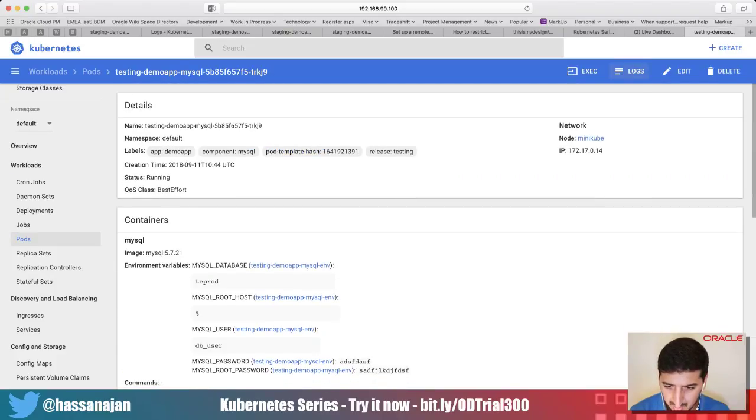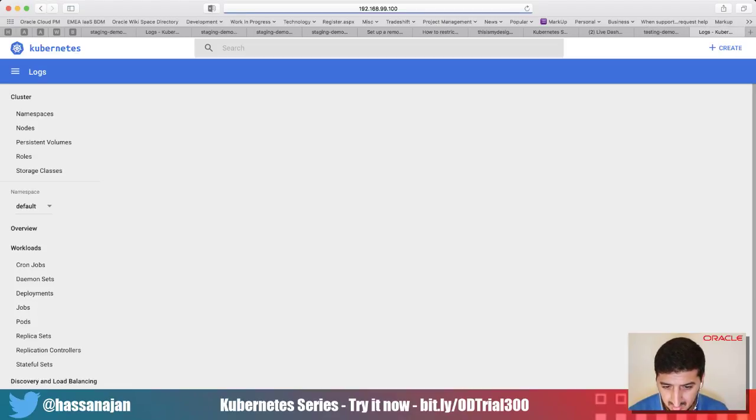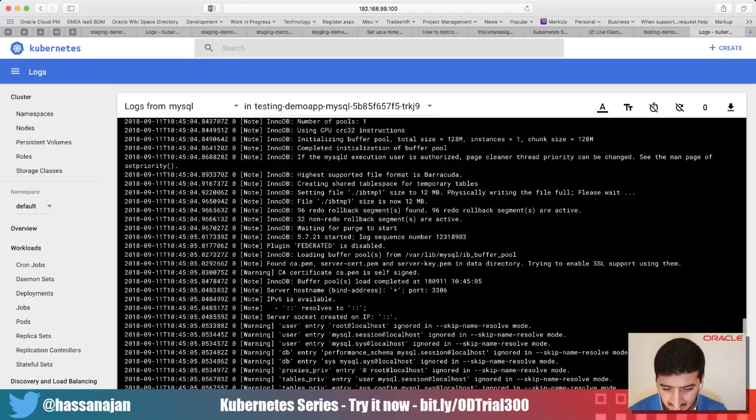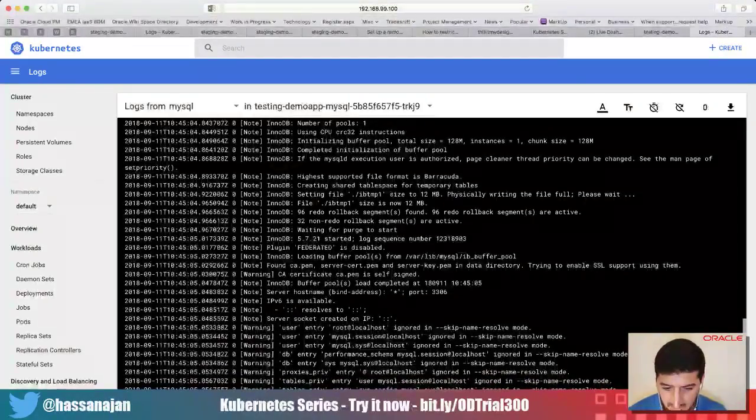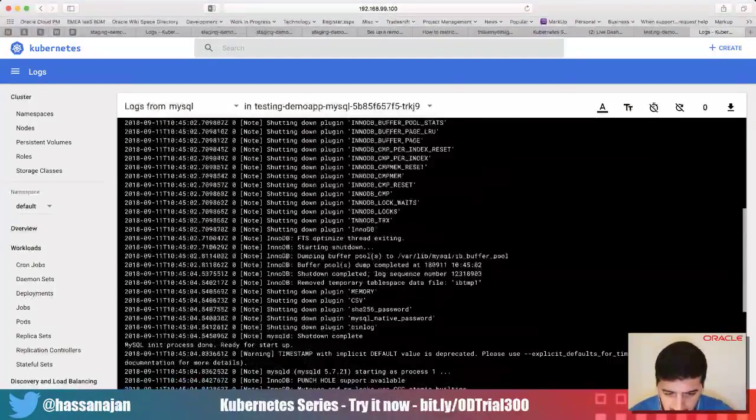I could also choose to execute a command into the container. I can also just watch the logs from here, if that's easier. So this is another way to do it. So I can see here that MySQL is actually up and running now,